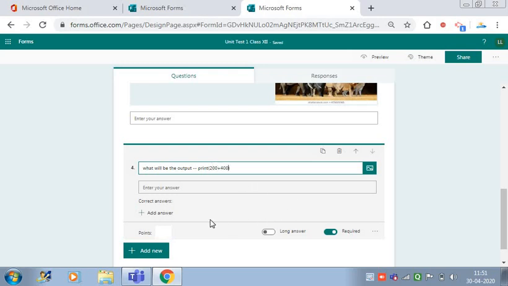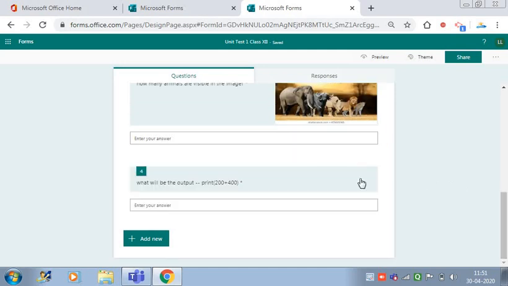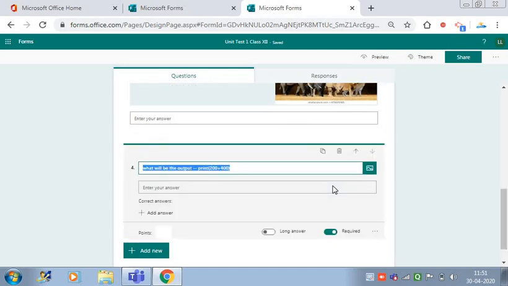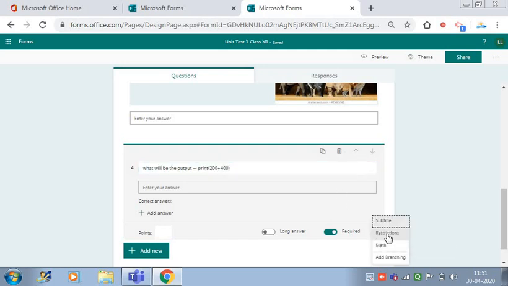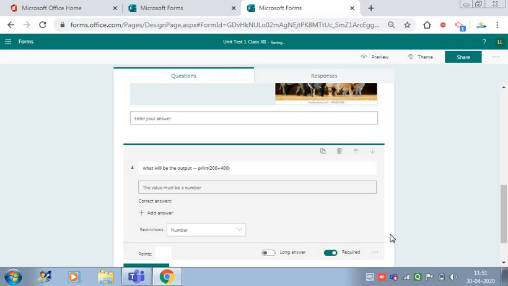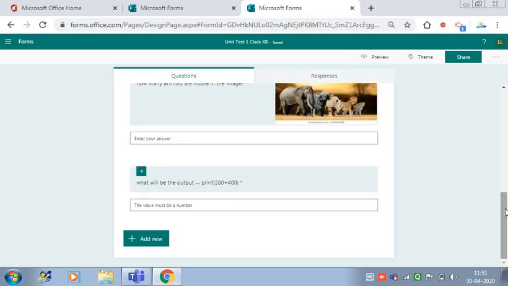Okay, and then after this, if I want to put a restriction on the question, supposing I want this answer to be a numeric value only, I can click here and then go to the restrictions option, and I am using restriction as number. So other than a number, if a user enters anything else, it will not be accepted.